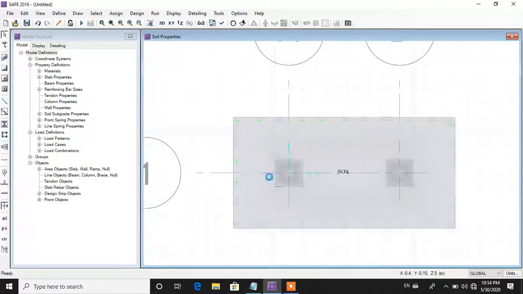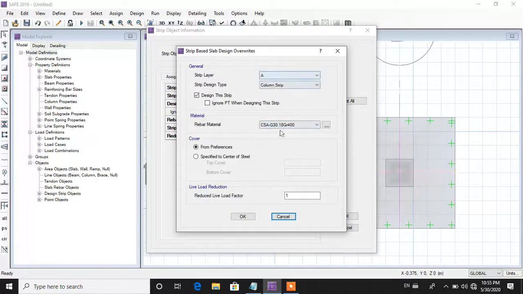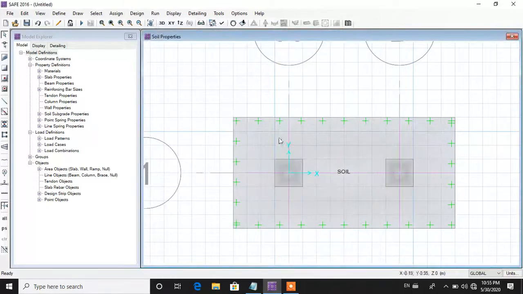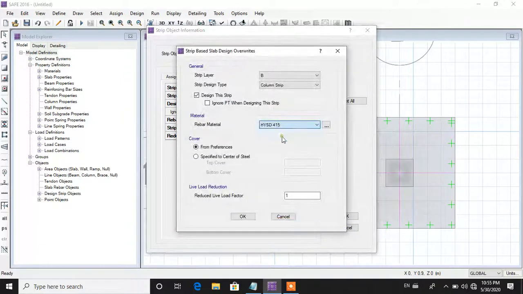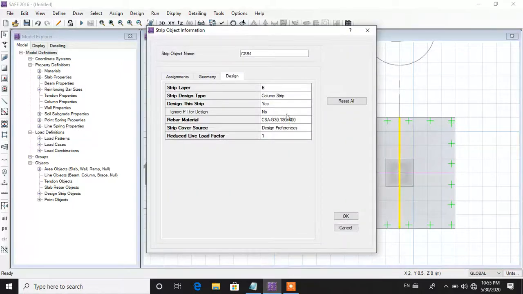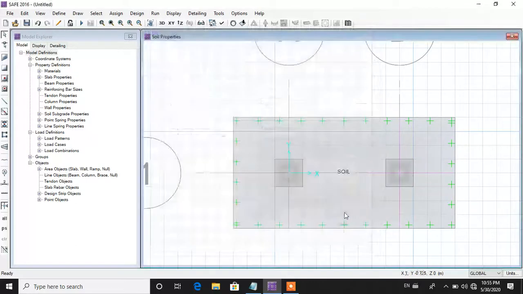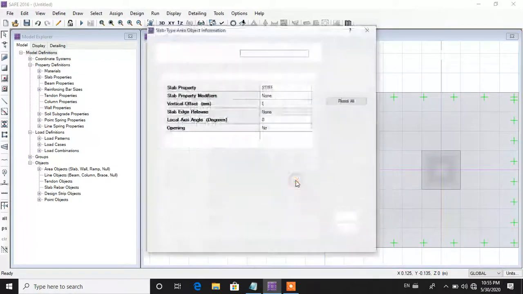Now just right click on any strip to define the rebar material. Select HYST 415, click on OK button. Again click on OK. Now define the rebar for the columns.